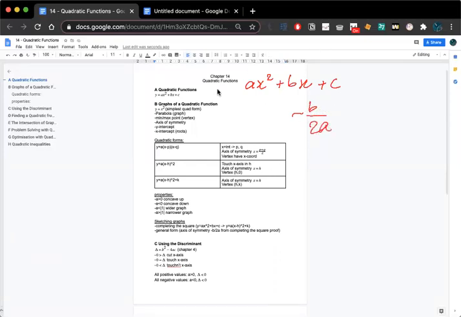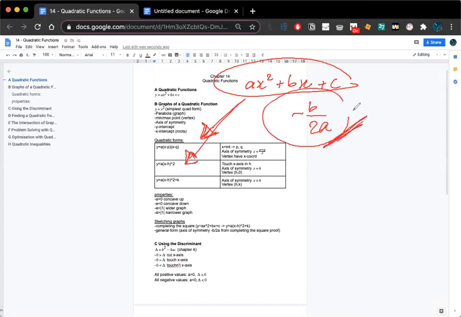The reason for this is that if you turn it into completing the square, there are some relationships you can see which help you derive this particular formula. So if you have this as your quadratic equation and you want to complete the square,